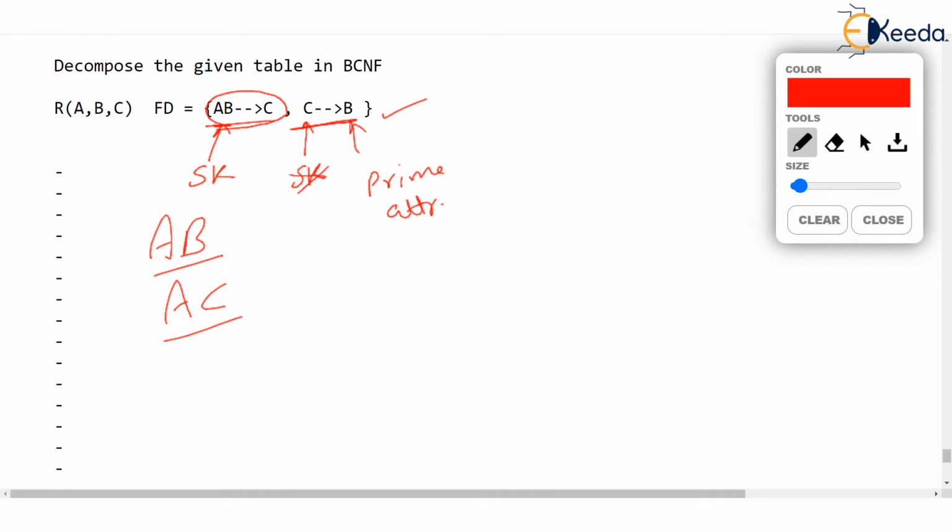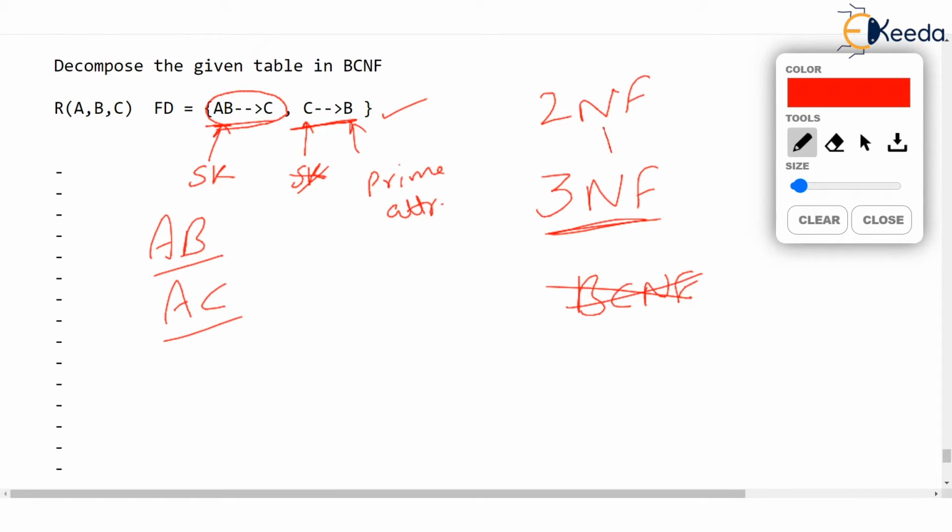Remember now, wait. Exactly, follow me. This table is not in BCNF at the moment, but it is in 3NF. But recall, for a table to be in 3NF, the table has to be in 2NF. Only then it can be in 3NF. Remember, a table is in 3NF only if it is first of all in 2NF. So let's check whether it is in 2NF. Silly it is. If we have proved that this table is in 3NF, then it has to be in 2NF. But let's do some silly things.